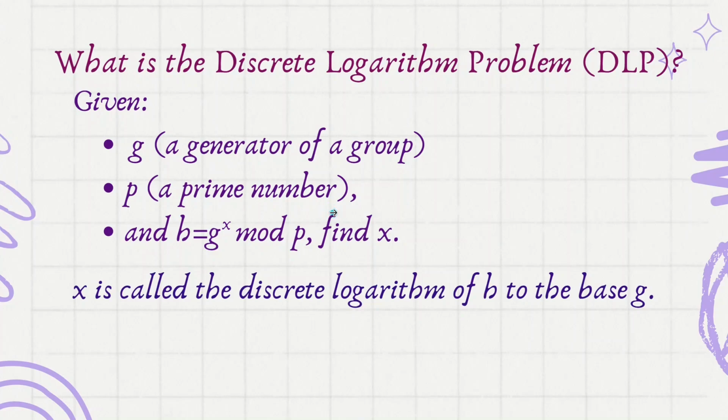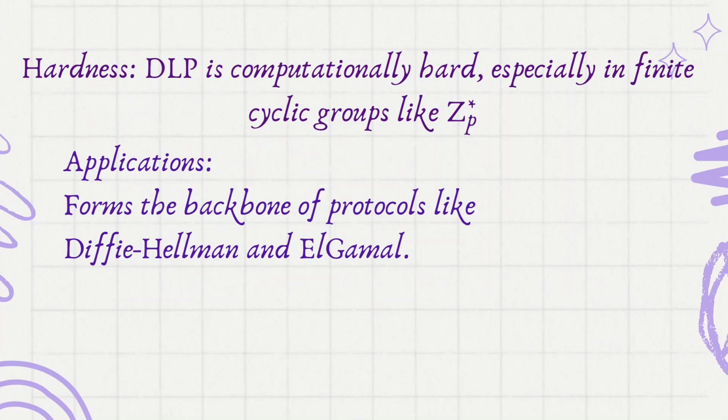The linear algorithm would be to check every number from 1 to p minus 1 and see which of these numbers match this H number that I have. That's a linear algorithm because we're going over every single number. And if p is a very large number, a large prime, which is what we usually deal with in cryptography, then it becomes really hard and lengthy. So we don't want to use that. A good algorithm would be of the form of log p, in that range,